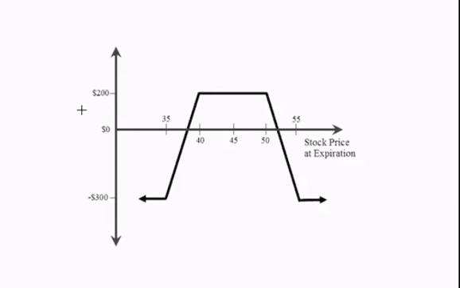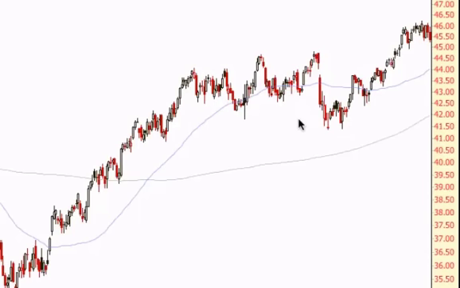So let's again take a look at a chart and see what this might look like in a current market environment. Okay, so here we have a chart of just a general stock that we picked out, no particular time, no symbol, and you can see that the stock is trading right around $45 just like our previous example. So if we wanted to bracket this market, we could actually trade an option down here at 40 and create one half of the Iron Condor here at 40